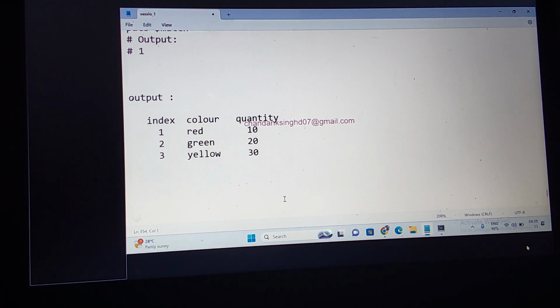Use the puts command and escape characters to print like this. Using the puts command, you should print like this.